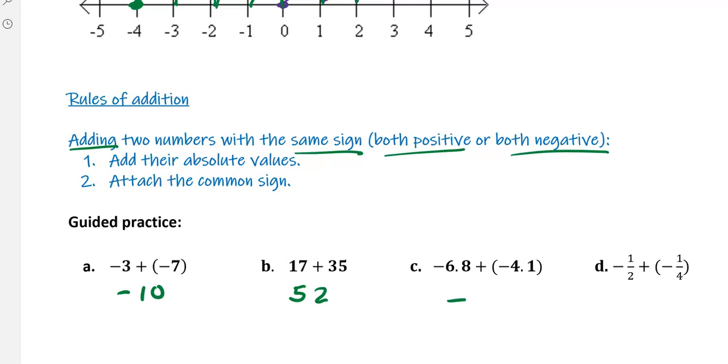6.8 plus 4.1, and that is 10.9, so it'll be -10.9. All right, and